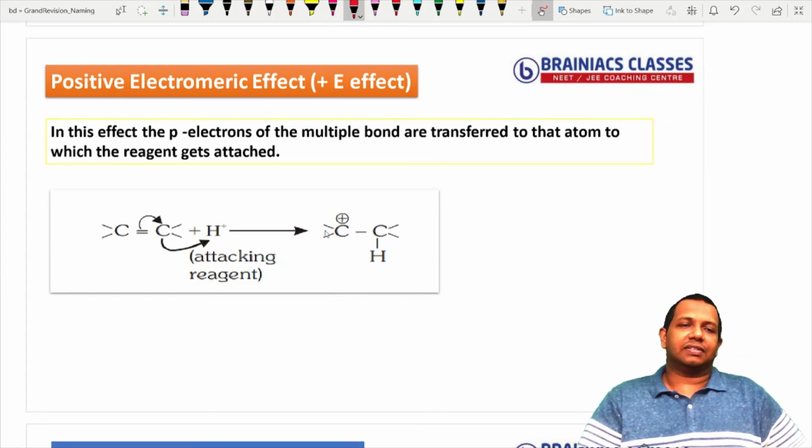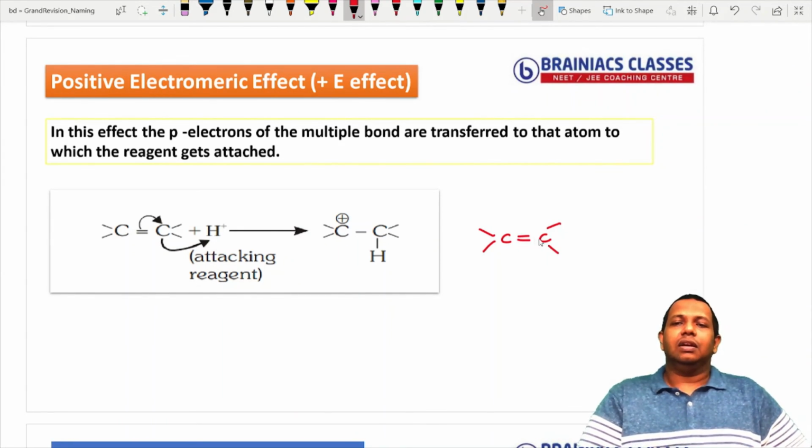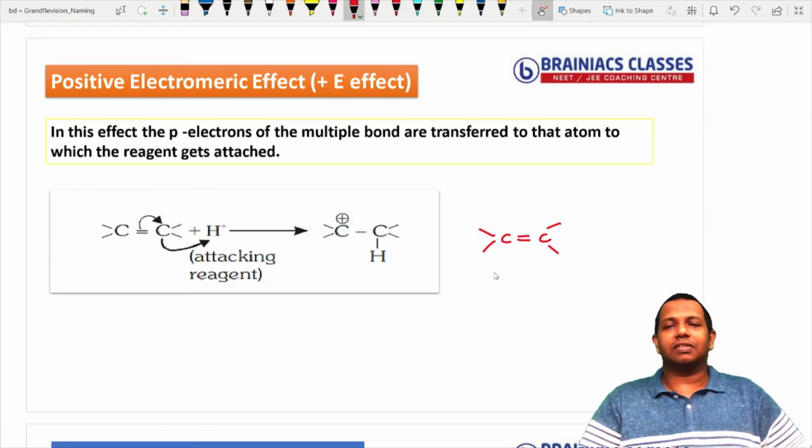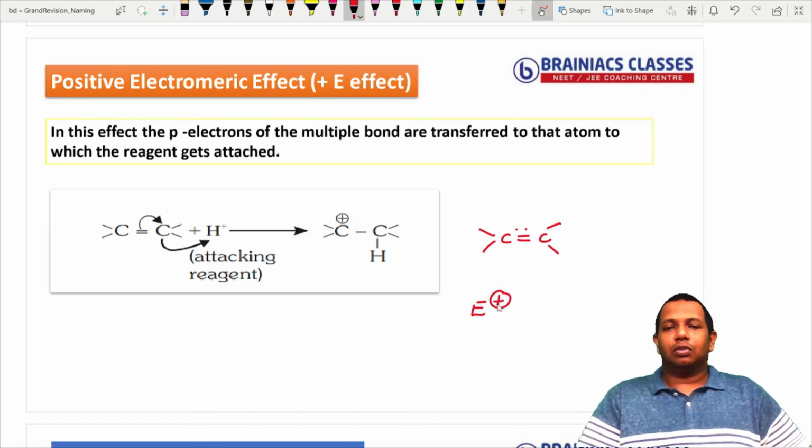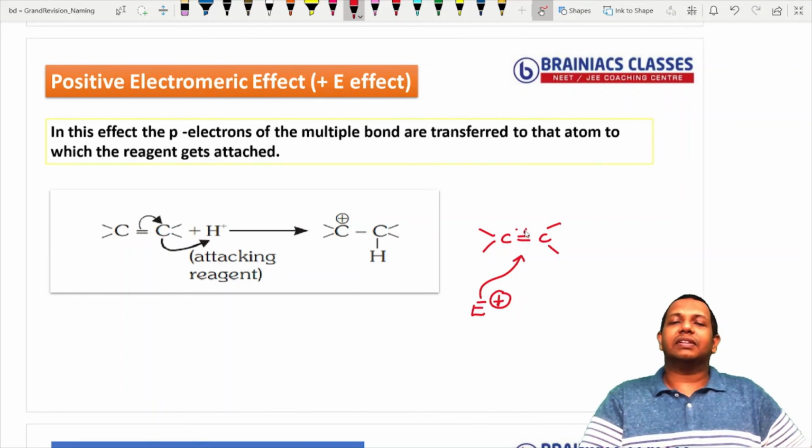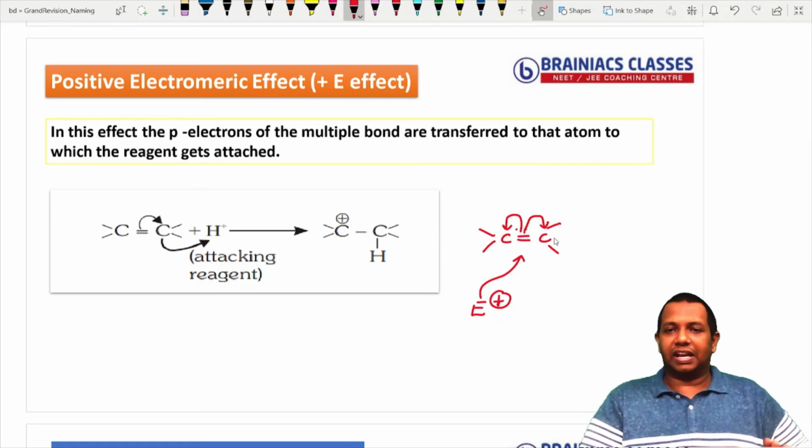So I have taken an example like an alkene here. We know that in an alkene there is a pi bond, and that pi bond is highly reactive. So who will come near to this pi bond? Surely somebody who loves pi electrons. Who is that? An electrophile. Correct? So when an electrophile approaches this alkene, this pi bond has a tendency to shift either towards right or towards left. It will happen in only one direction, the direction in which it is highly stable. That we can see through application.